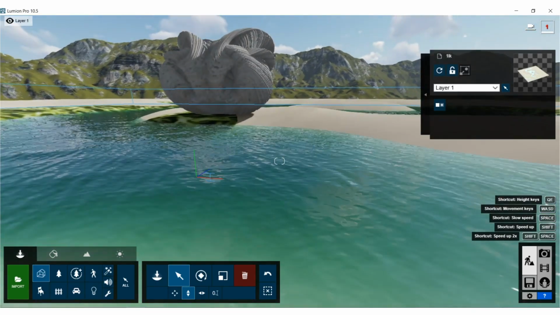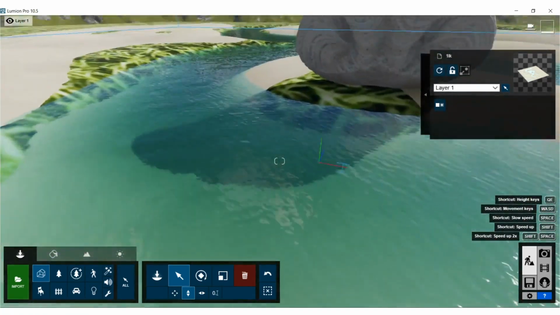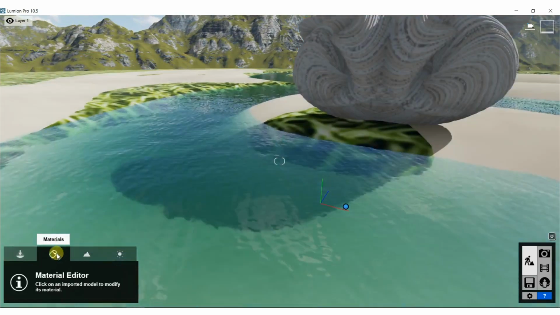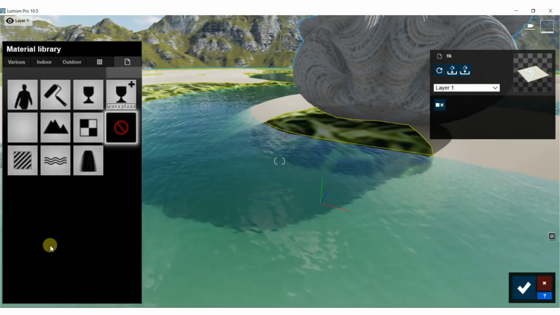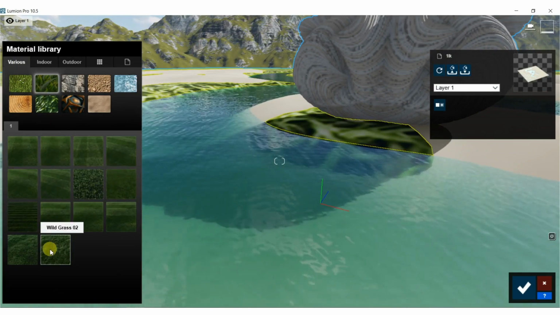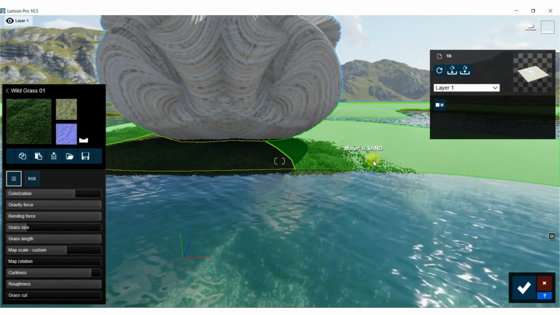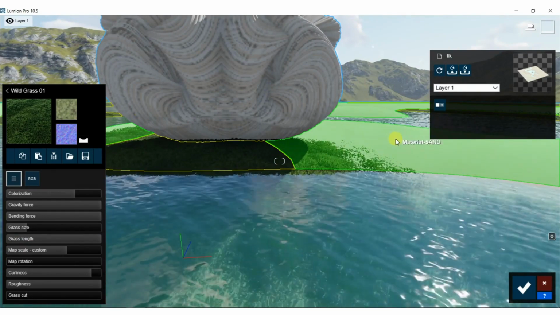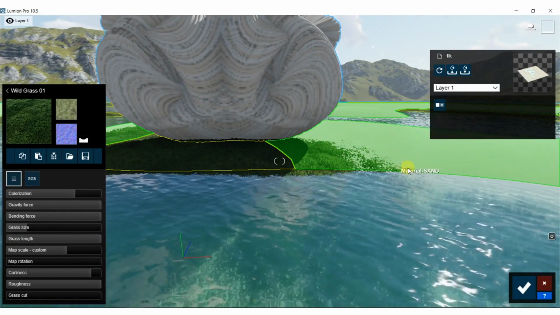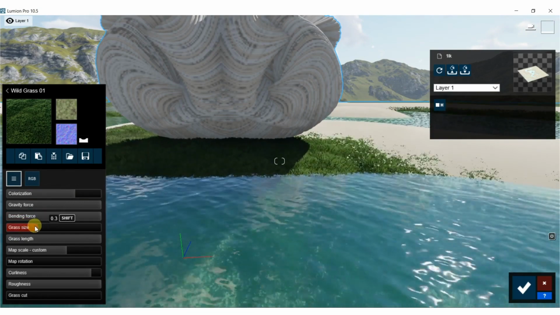All right, loaded up in Lumion really nicely. And let's just get to applying some materials to our scene. Let's start off with the grass. Let's see if we can get some grass going here. See, this is why we bumped up where we want the snow to go, just so the grass almost disappears. So what I want to do is actually just make the grass slightly bigger. Maybe the